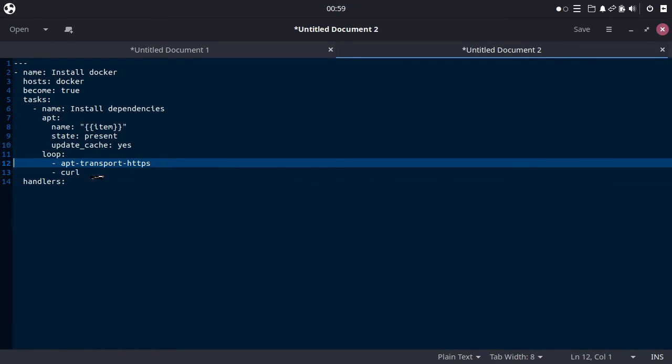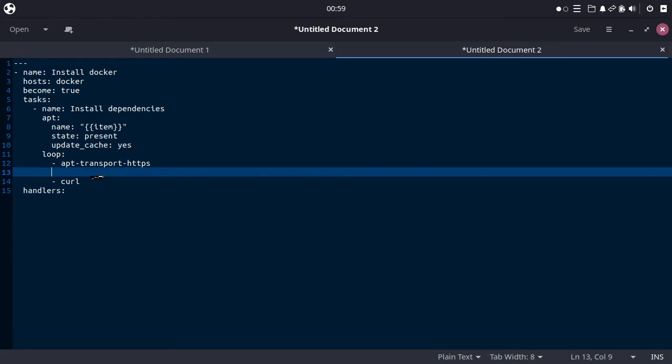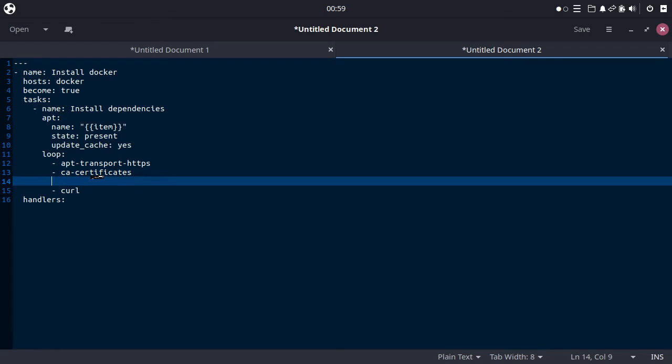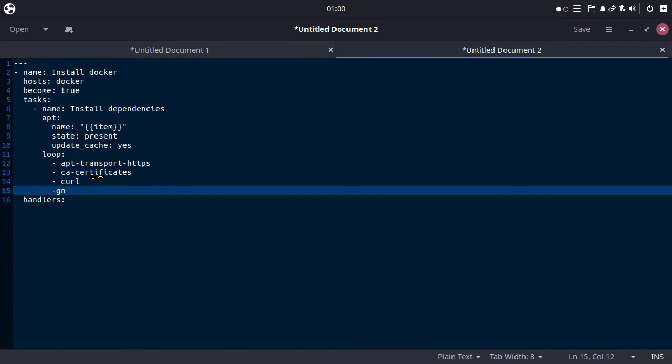Now the dependencies are not only these two, there are others like CA certificate, curl, and then GNU PG agent.